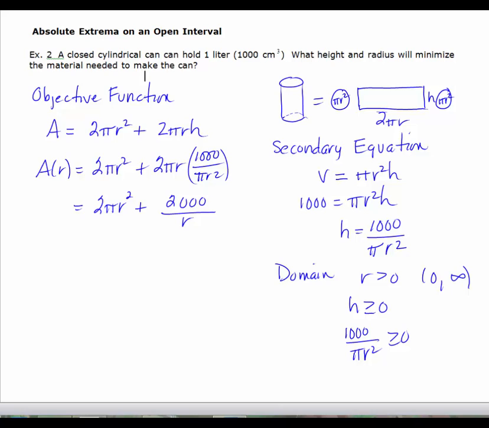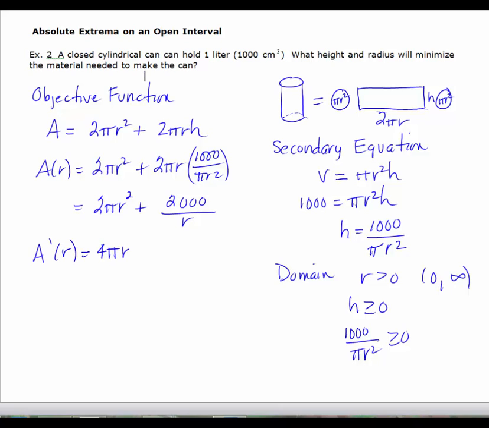Now from here, I will take the derivative to find my critical values. I know that if I'm going to have an absolute max or an absolute min, and again in this case I'm looking for a min, it will occur at either the endpoints or the critical value. Now since I have an open interval, it has to occur at the critical value, and then I'll test my open endpoints. So I take my derivative, A prime of r